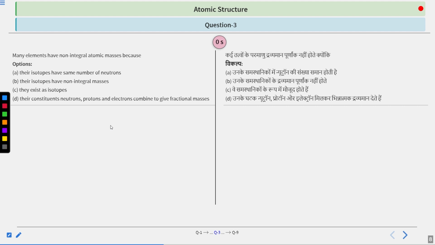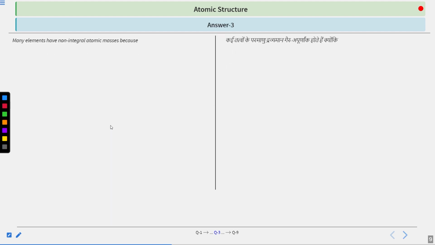Okay, now let us see the answer. What is the question that has been asked? You will find that sometimes the mass of an element is non-integral, but that is not possible if you consider the general case, because in the case of atomic mass, we simply count the number of protons and neutrons, and that number equals the atomic mass. That is what we do. But we will see that in some elements, like chlorine, the mass is taken as 35.5. And you know that a counting number cannot be half, right? You cannot have half a neutron or half a proton. So what is the reason behind this non-integral atomic mass? That is being asked here.